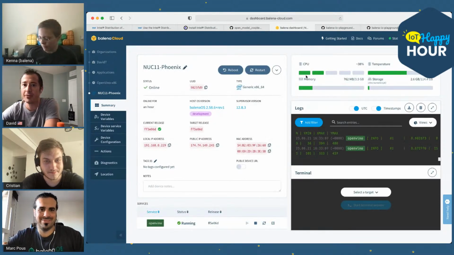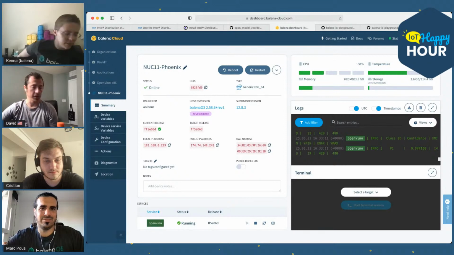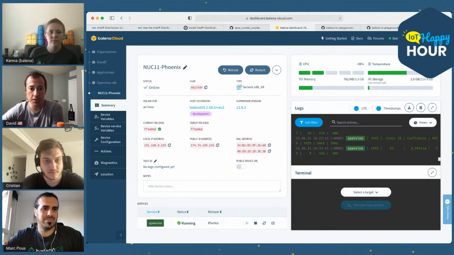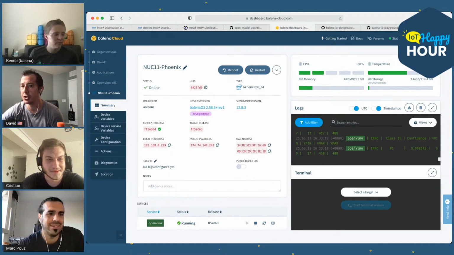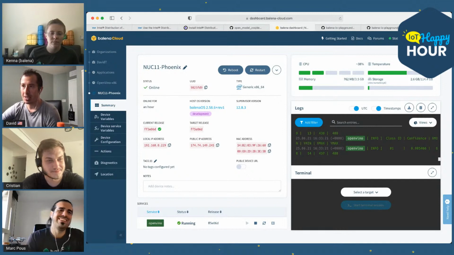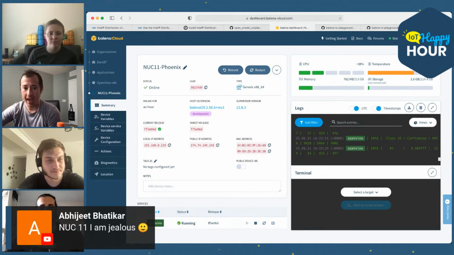So let's go have a look at my camera instead. You don't want to show your Docker Compose? You know what? Yeah, I was going to. Let me show what it's doing first, and then we'll circle around to that.